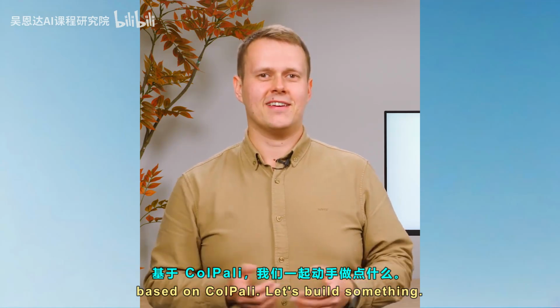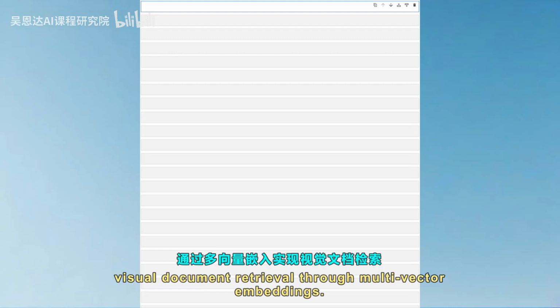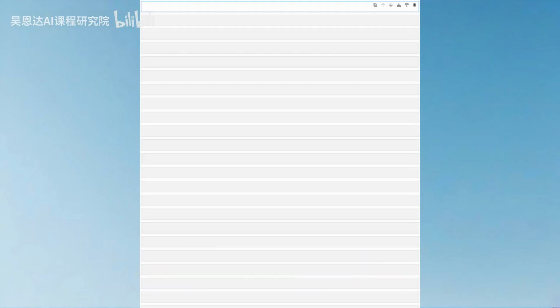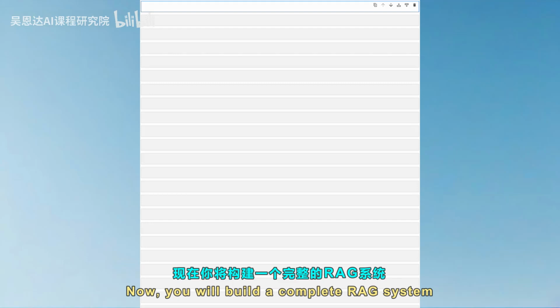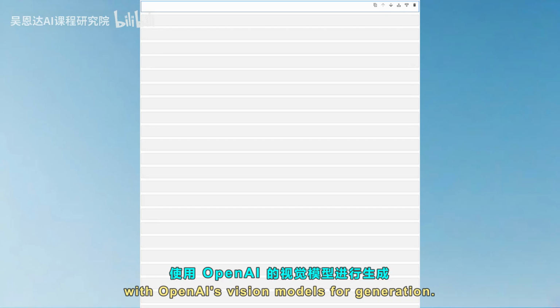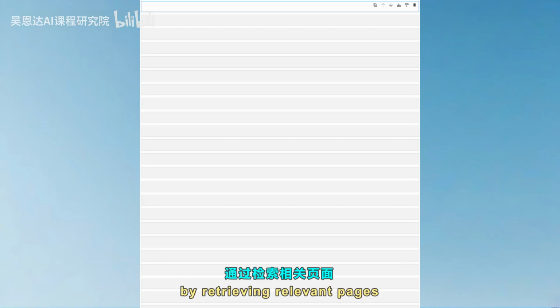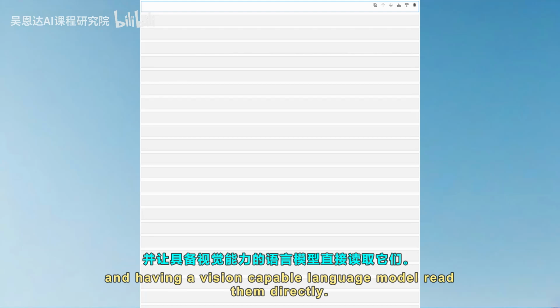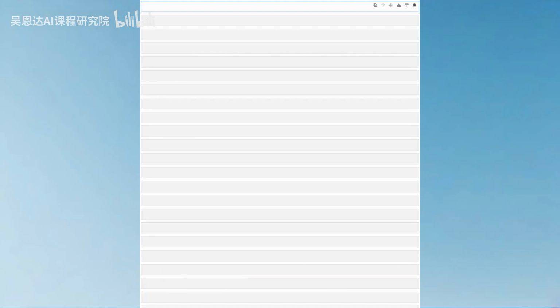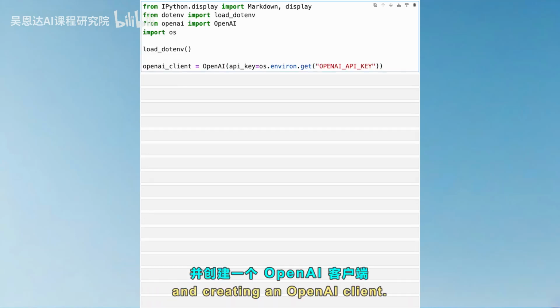Let's build something. In previous lessons, we've seen how ColPali enables visual document retrieval through multi-vector embeddings. Now, you will build a complete RAG system that combines ColPali's retrieval with OpenAI's vision models for generation. This approach lets you answer questions about documents by retrieving relevant pages and having a vision-capable language model read them directly. No OCR needed. You will start by loading the OpenAI API key from the environment file and creating an